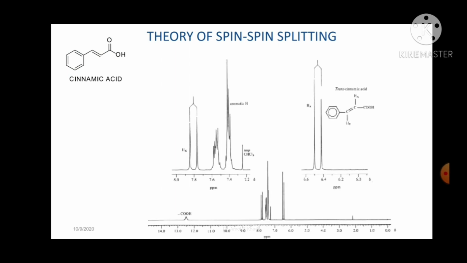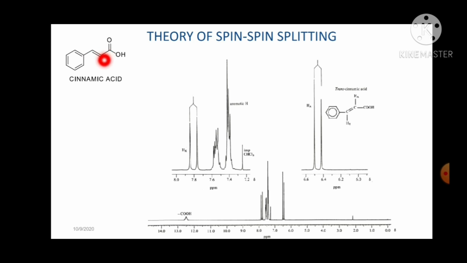And when we actually record the NMR spectrum, this is how exactly the signal looks. When we talk about the splitting pattern, I told you the aromatic protons usually appear as a multiplet. In between they appear at 6 to 8.5. So these are the aromatic protons that we are observing here. Then the CH proton here: the neighboring carbon of the aromatic ring doesn't have any proton. So on this side we have one proton, so this CH is going to appear as a doublet.